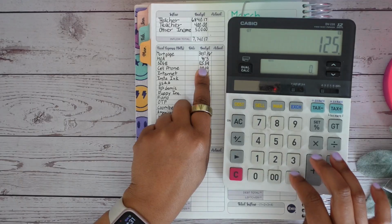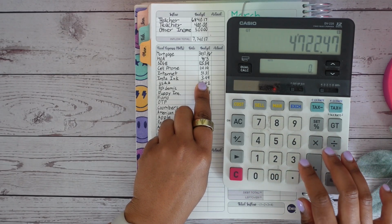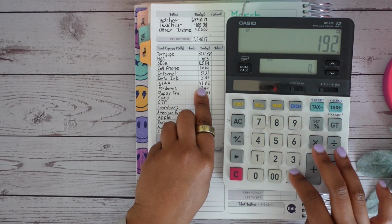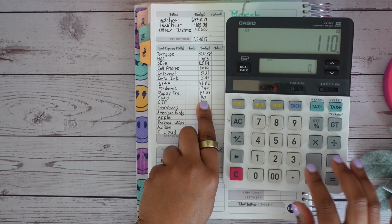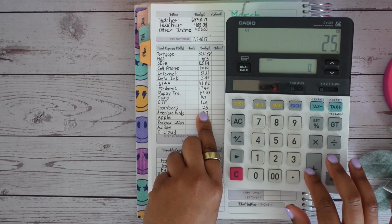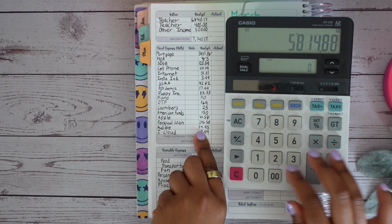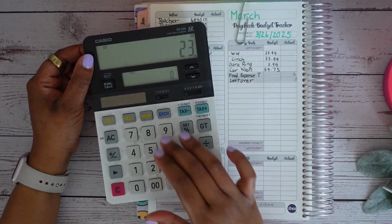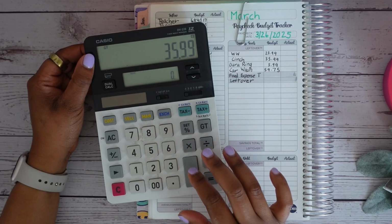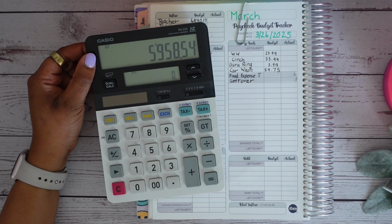$485 plus $125.59 plus $119.19 plus $55.31 plus $399 plus $192.82 plus $17.99 plus $85.53 plus $110 plus $169 plus $25 plus $150 plus $41.58 plus $296.50 plus $14.95 plus $299 plus $23.99 plus $35.99 plus $5.99 plus $59.75. So my fixed expenses come out to